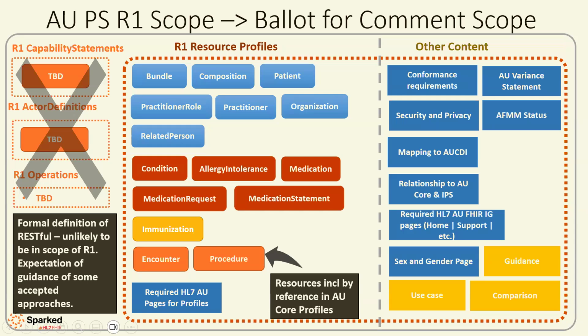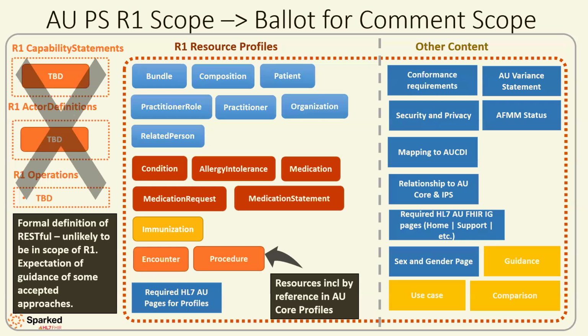If I start on the left, and folks, if at any time you want to ask a question or you want to propose something, please pop your hand up. On the left, we've been talking through different interactions and where we seem to be going, and I think that's quite a respectable position for R1: we're looking at how the different operations and interactions that are available through the FHIR standard or IPS, like $summary, could be used within Australia, but that we're not, I think, going to land on looking to mandate these at this time.